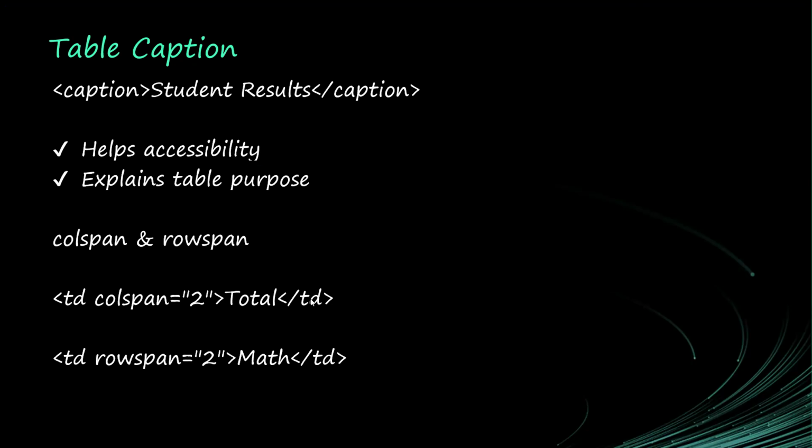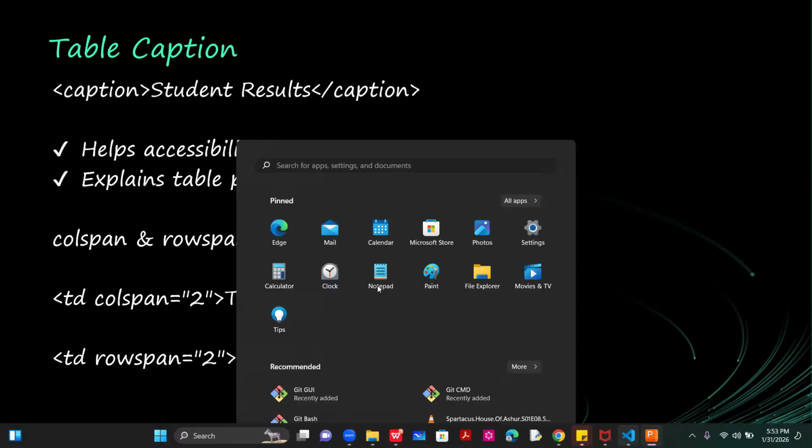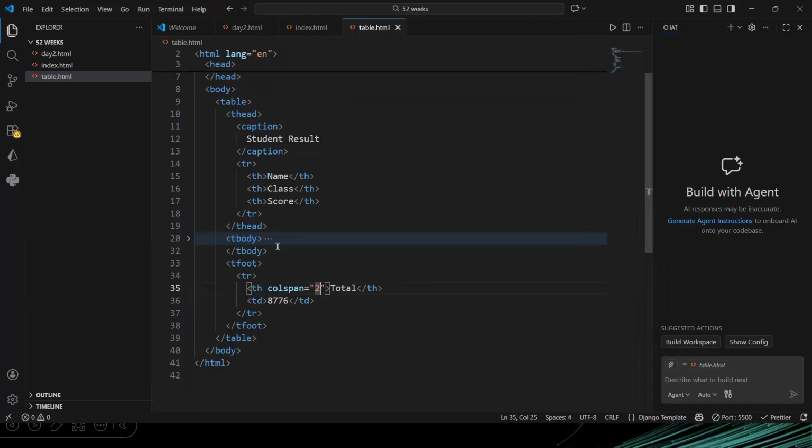We also have rowspan. If you want a row to occupy two rows, you can do the same thing. So let's say this row now, I would want this row to occupy two rows. I will say rowspan is equal to 2. You can make it 3, you can make it 4, depending on your design. If I save it now,